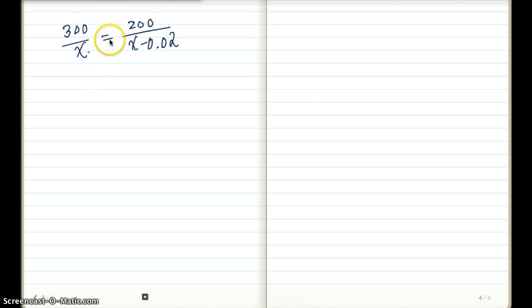Now notice that we only have one fraction on each side. You could just think of it as solving a proportion, which tells me that I can just do a cross multiplication. 300 times x minus 0.02